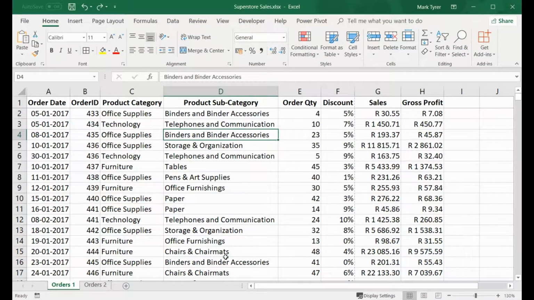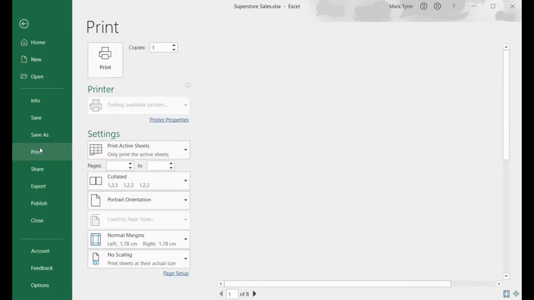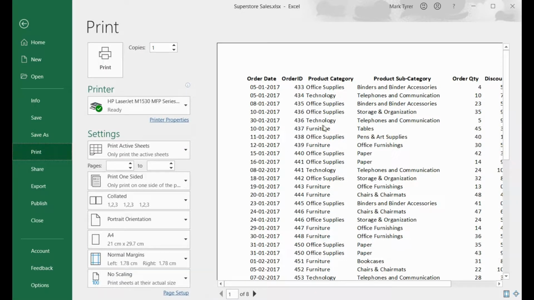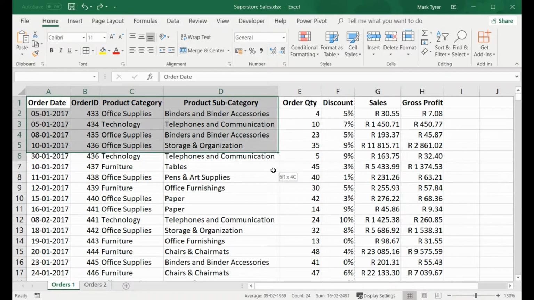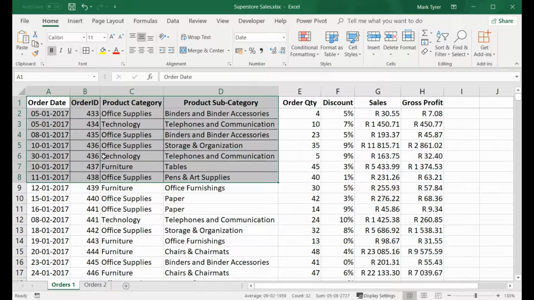By default, the grayed out grid lines in Excel are not printed. If I go to my print preview here, you'll see there are no grid lines shown. What some people do then is add cell borders so that those actually get shown to be printed. There is, however, a simpler way to show your grid lines, and that is to go to your page